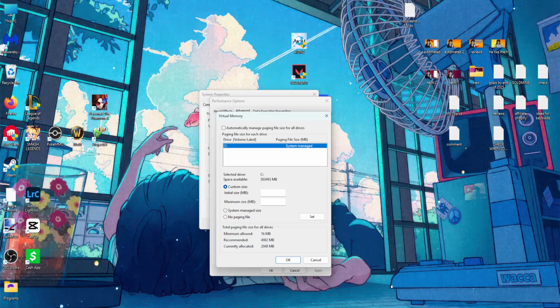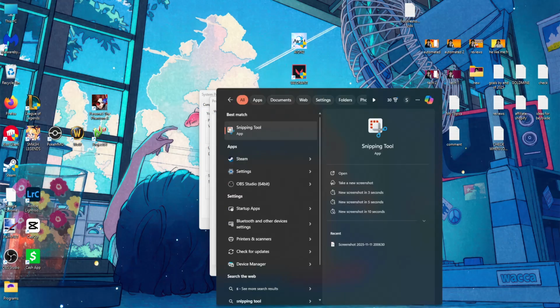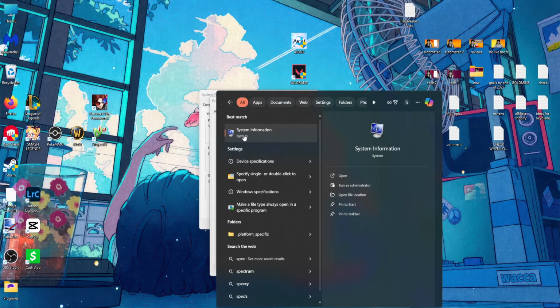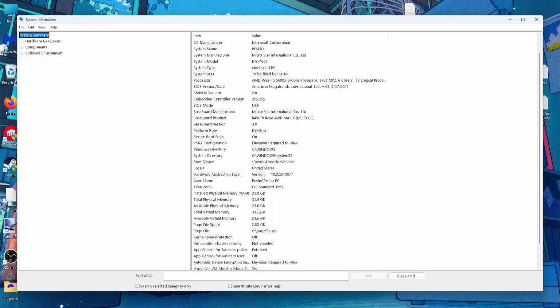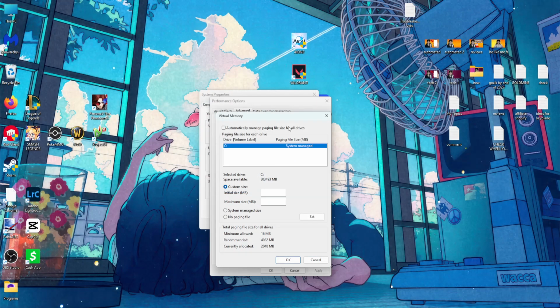and you want to see how much RAM you have. So I'm going to go to system information, so specs here, and you want to find your RAM. I have 32 gigs of RAM. If you don't know how much you have, you can check it here,